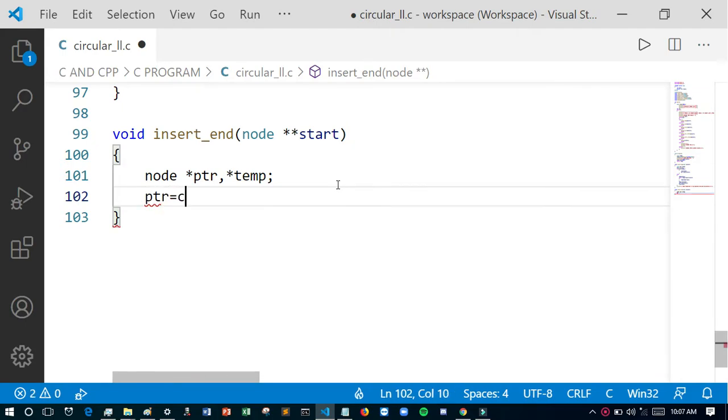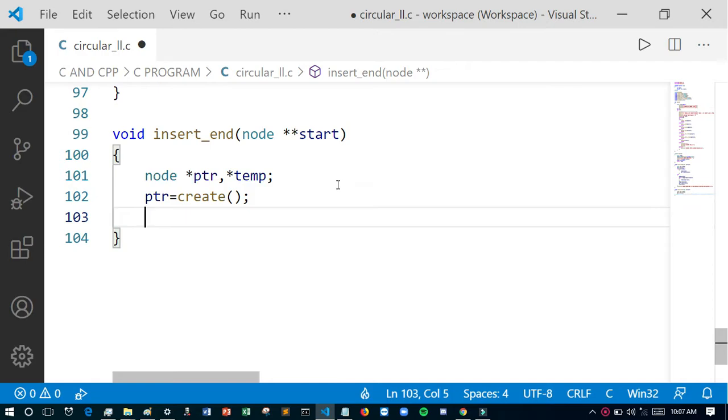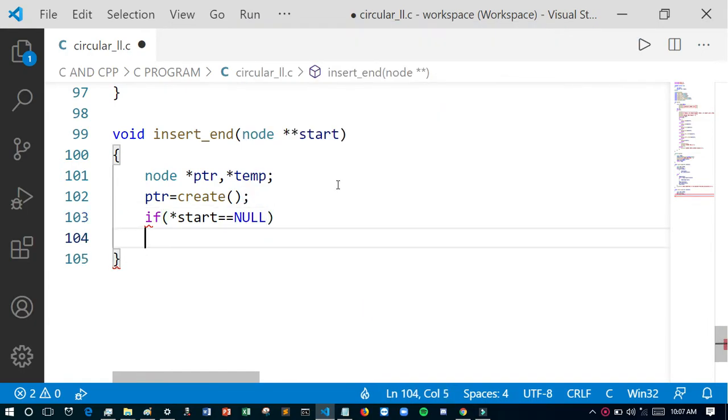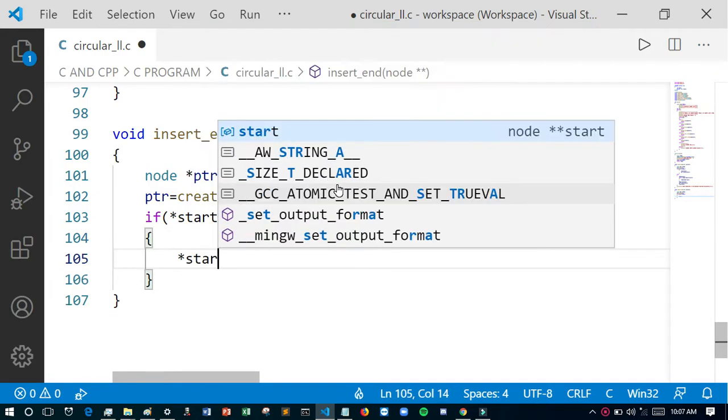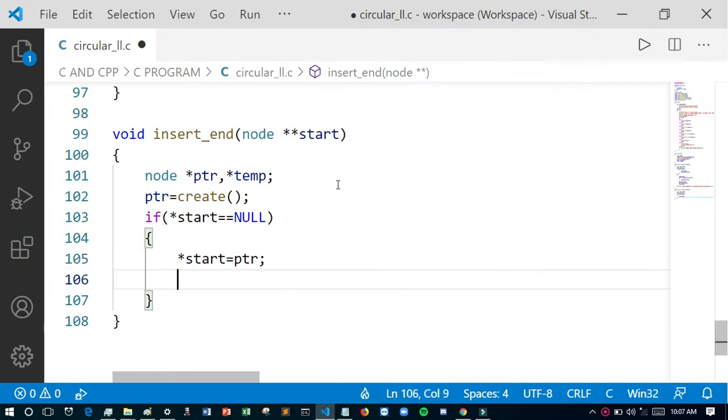As I have discussed before, we will store the new node in ptr, and if start equals null, it means no node is present, then we will do start equals ptr, and then ptr next will be the start.